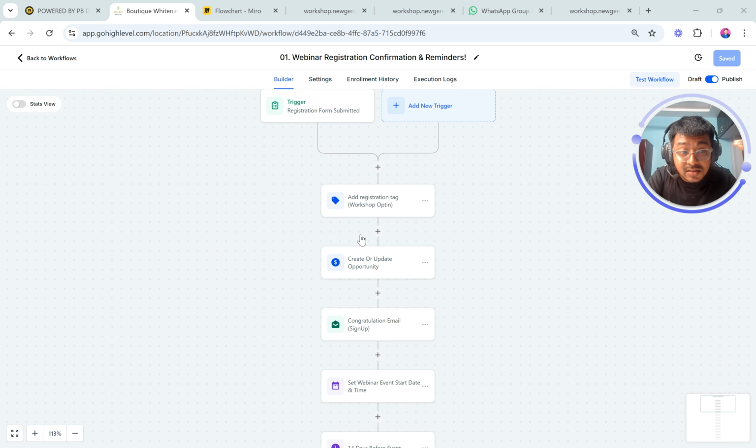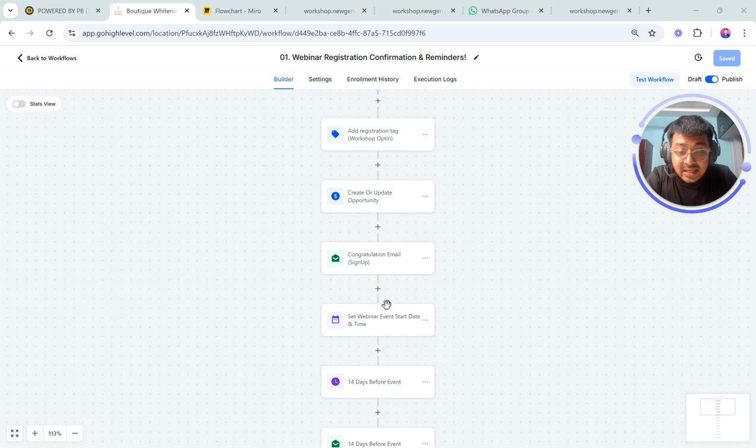But now we want to send them reminder sequences. Reminder sequences can only be sent based on the event date. For example, say the event is 1 month from now. I cannot send a reminder sequence based on today when I opted in, because I can opt in today, you can opt in 10 days from now, and somebody could have opted in 30 days ago. So I cannot send a reminder sequence based on today's entry. I have to send it based on the event that is already scheduled in the future